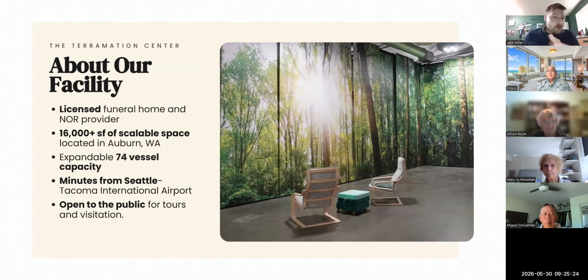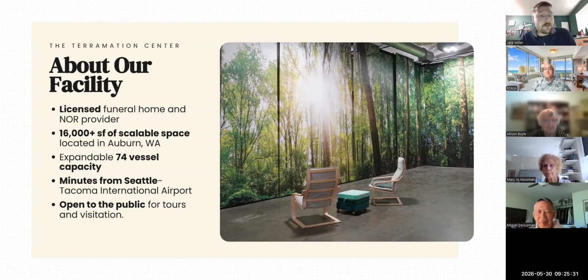Now, Chris has promised that he's going to come and take a tour here in the near future, and I really do hope he does so we can see all of this in person. But we can also do virtual tours of our facility. We're very big advocates for families being able to walk through and see exactly how everything works, both in person and virtually. You can see all the different vessels in person. You can see the decorations that families have done. And being here in person adds a lot of knowledge to a lot of folks.